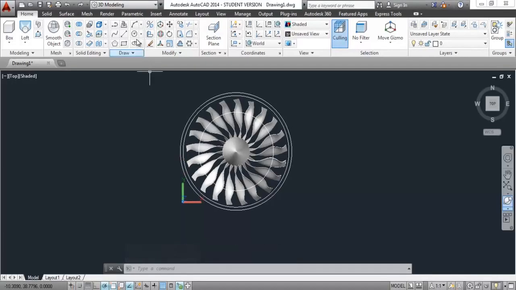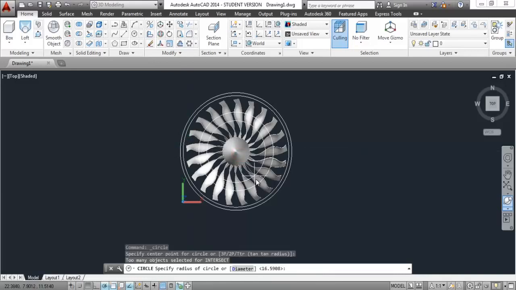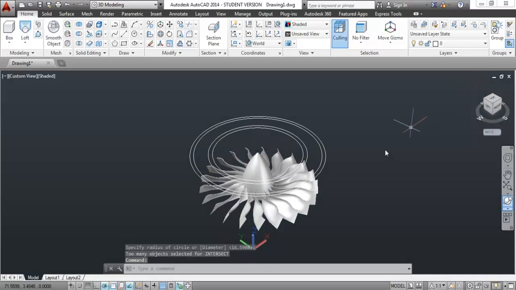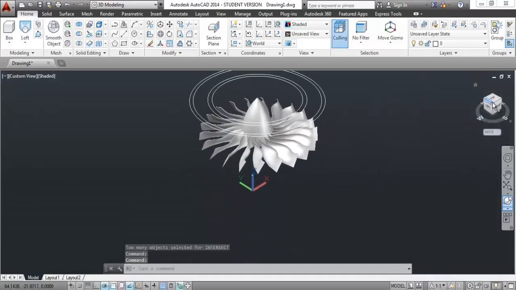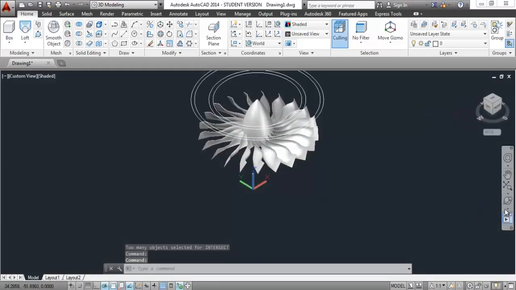Go to the circle tool again, and here we will make the last circle required. So for that I'll go to the center. Yes, snap the center and make a circle which is smaller than this one. Just smaller or larger, you can just make a circle. Now go to the home icon, and now parallel view, right click and go to parallel.